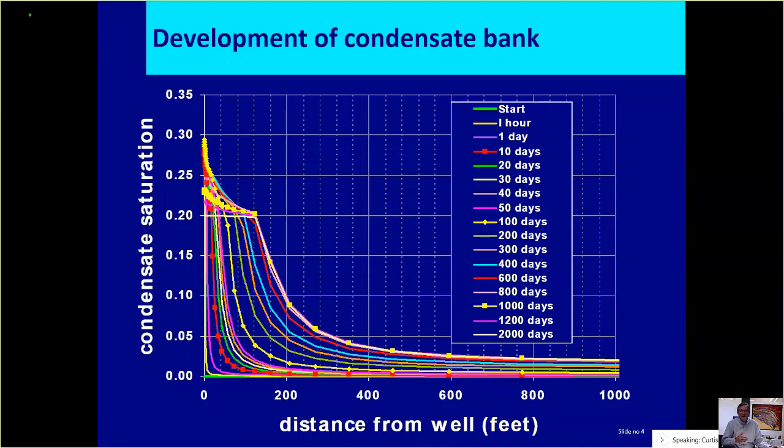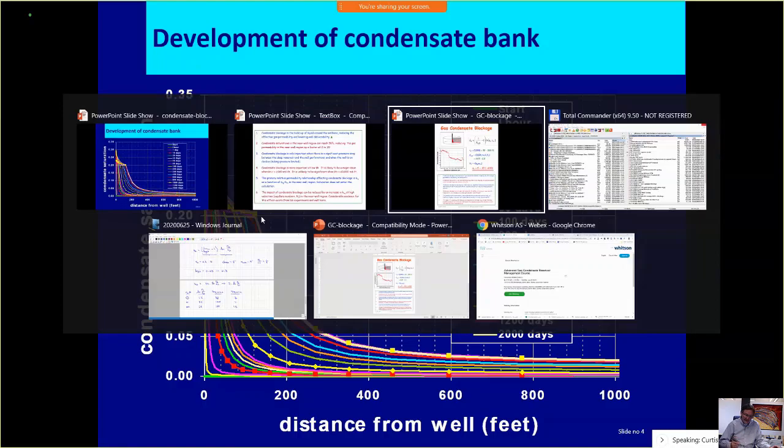The KRG/KRO is again monotonically increasing with time because the producing CGR is decreasing with time. So when KRG/KRO increases with time monotonically, the KRG has to increase monotonically with time. If the KRG is increasing monotonically with time, the oil saturation in region 1 has to drop with time. So the profile is a little bit messy on that one, but